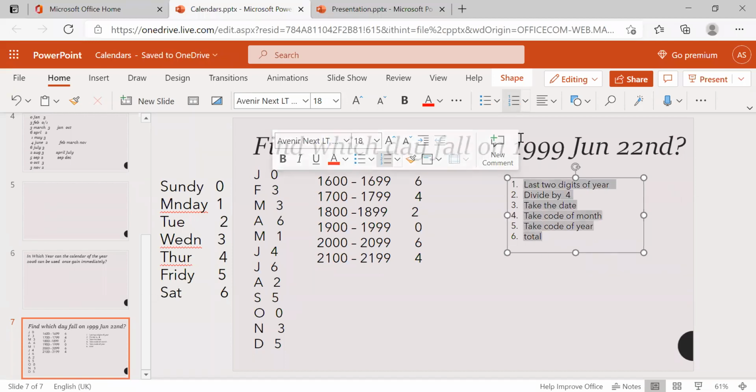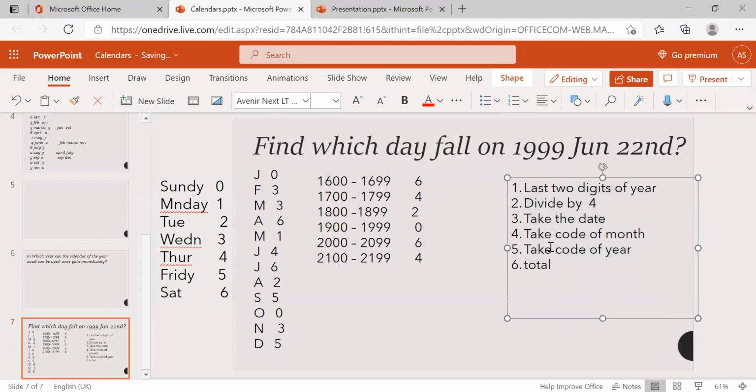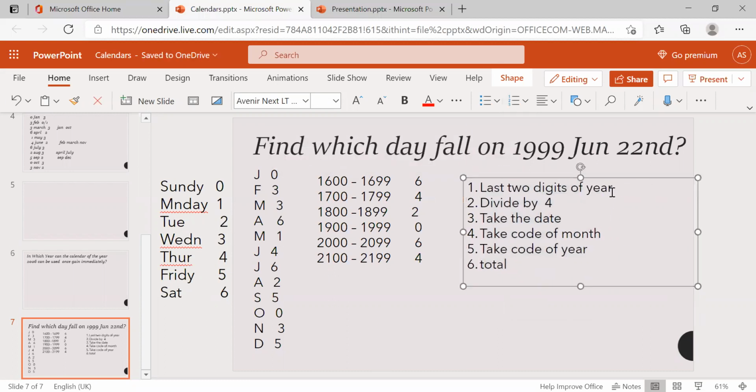Now we'll check how we are going to find the same day. What are the last two digits of 1999? 99. Divide 99 by 4. Take the quotient.